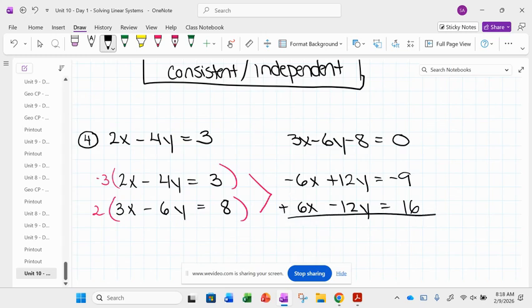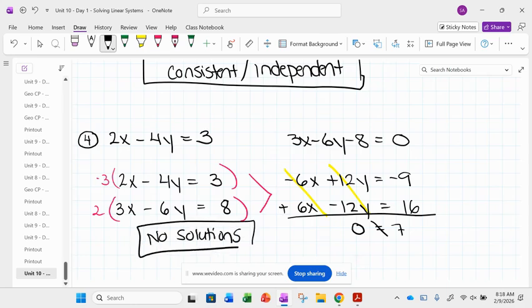And then when we go to add, the x's cancel, the y's cancel. When everything cancels, what number is left? 0, right? There's nothing there. Equals a +7. Is there any variable to solve for? No. Does 0 equal 7? No. This is a no solution. What does that mean if it's a no solution? The lines are parallel. Okay, we are going to stop